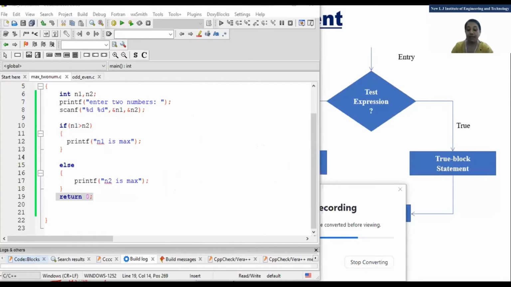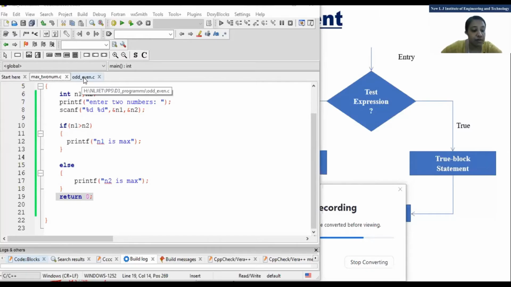I have told you, if I give one program to your class of 81 students, there can be 81 solutions. But which solution is better depends on how much space that program requires and how much time it requires. So it is better to use which statement? If else. Clear concept? We have seen only one program, which is to find the maximum of two numbers.